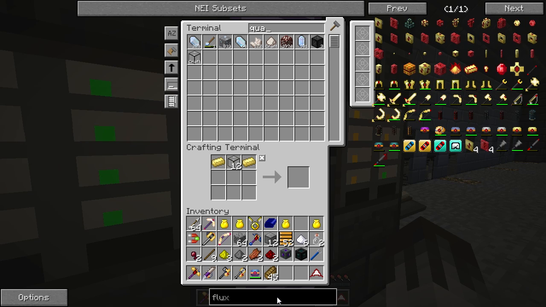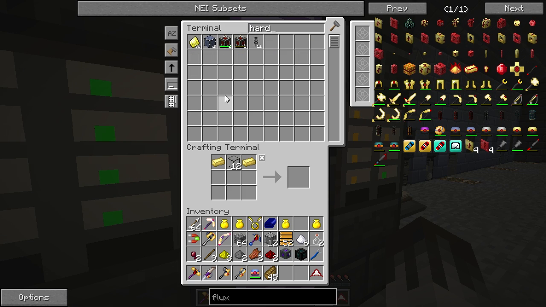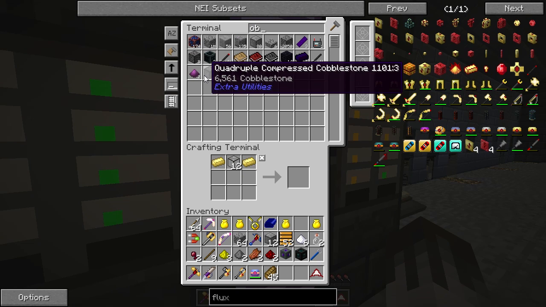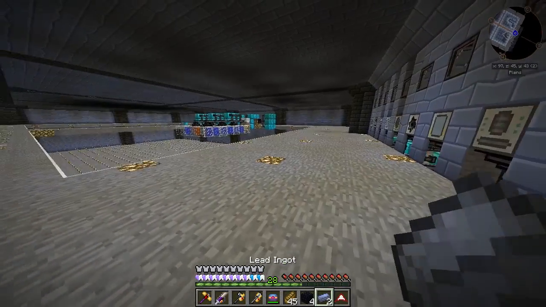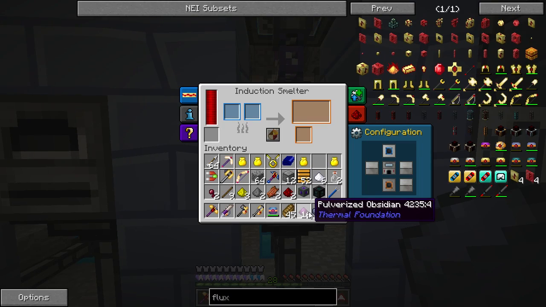Flux. Oh, fused quartz. Oh. We make hardened glass. So lead and obsidian. I should have a few. 3, 4, and then 2 lead should be enough for that. What I'll just do is I'll do that. Just don't worry about the automatic part, because I'm going to be throwing it in here anyway,